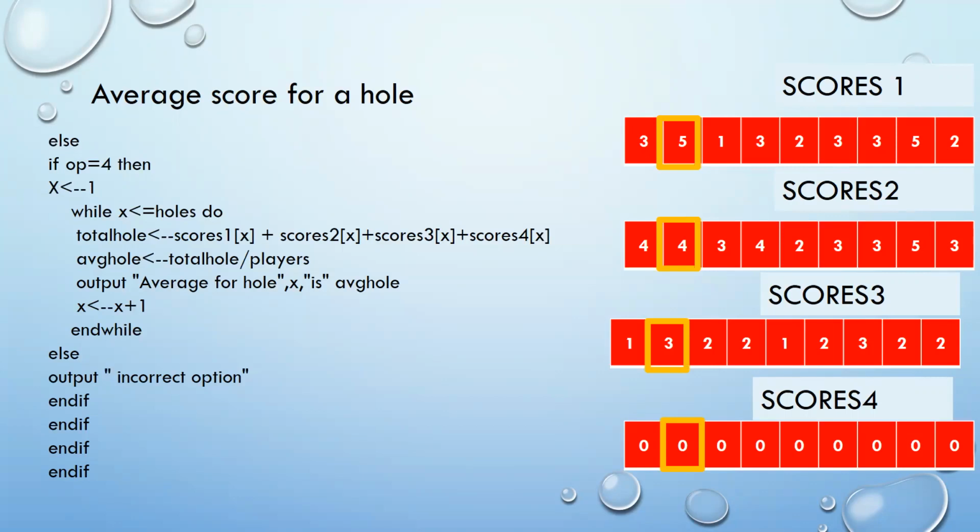If the user chooses any other option other than 1, 2, 3, and 4, he'll get a message output: incorrect option. Although this is not necessary, because for any incorrect option, we have already done the validation check. So even if you ignore the else part, it would be absolutely fine. You had 4 if statements, 1 for each option, hence 4 end ifs. And that would be the end of your task 3